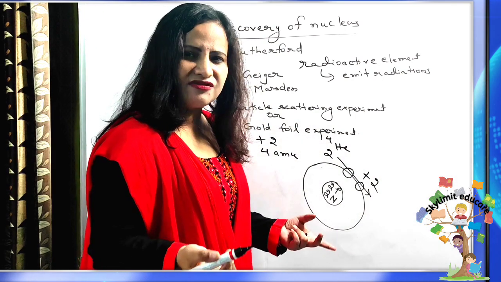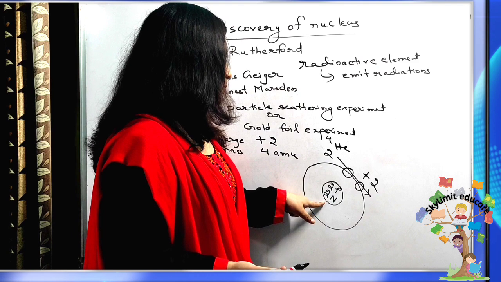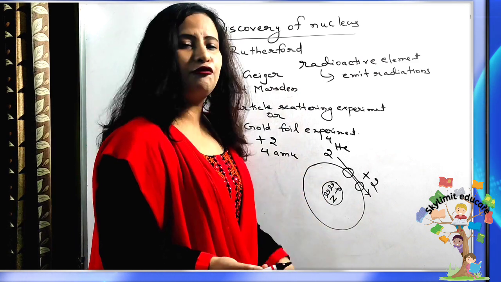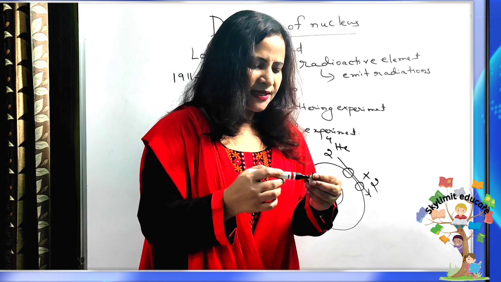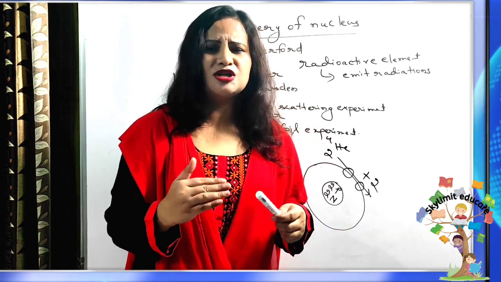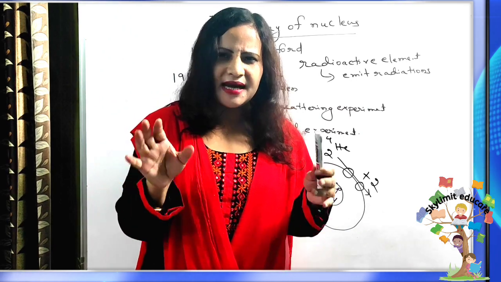Okay, it loses 2 negative charges. So it is left with a charge of +2, and the atomic mass of the nucleus is how much? 2 + 2, 4. 4 atomic mass unit. So we can also say that it is doubly charged. That means a helium atom having a charge of +2, from which the 2 electrons have been removed. Okay, I think the idea is clear.